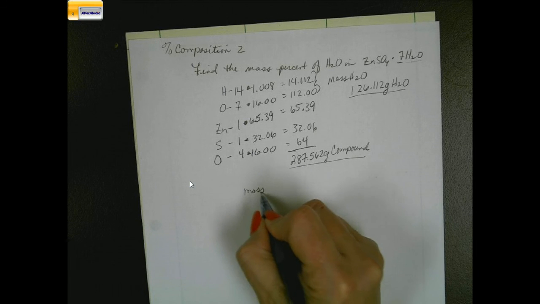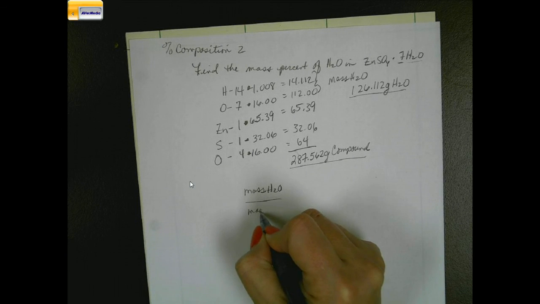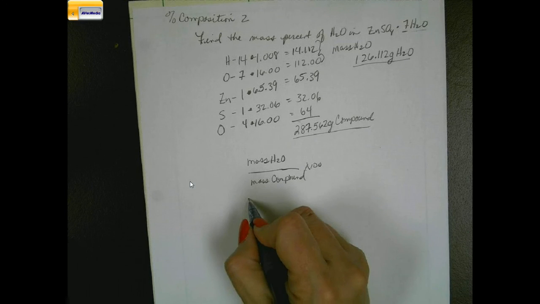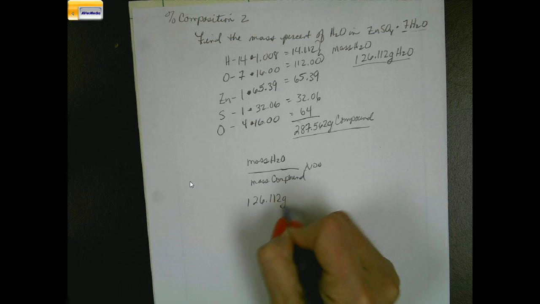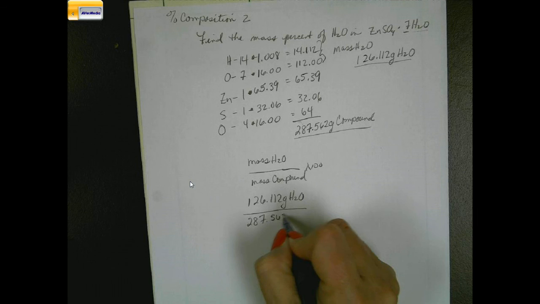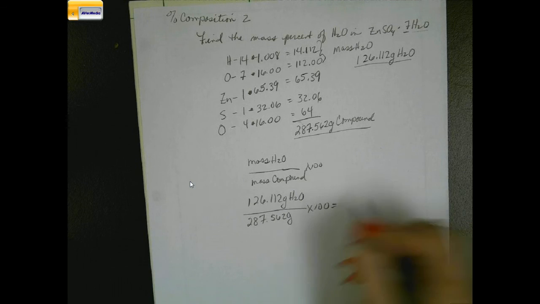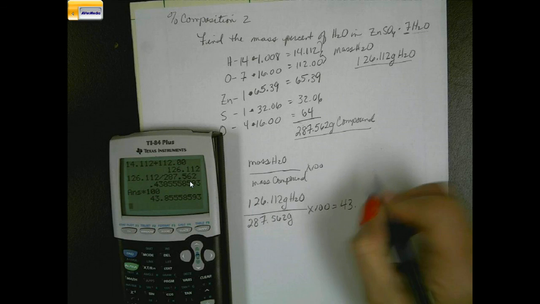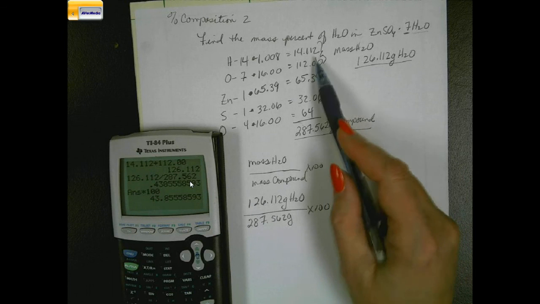So mass of H2O divided by mass of the compound times 100, and that's going to be 126.112 grams of H2O divided by 287.562 grams times 100 equals, so 126.112 divided by 287.562 equals, times 100 equals, and that's going to be 43, and we had, let's see, 5,